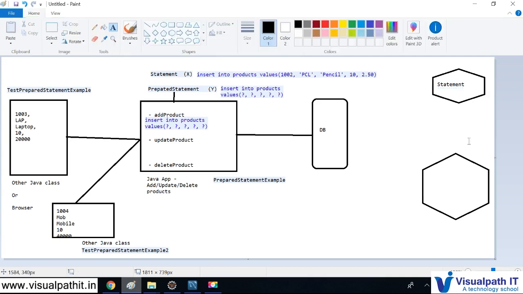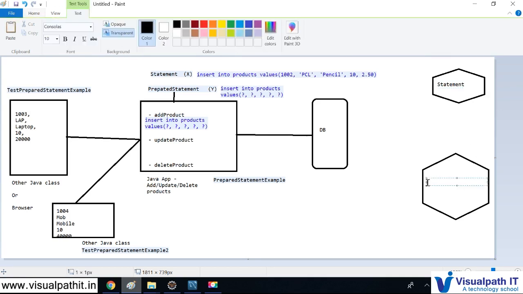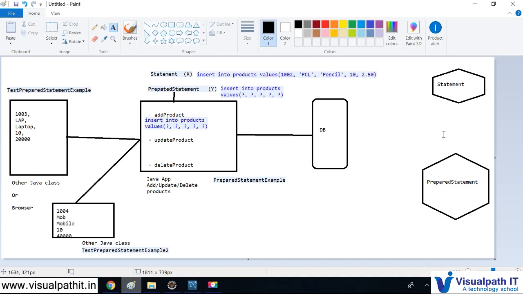So we have a statement object and a prepared statement object. So we have both types of objects. What happens in the database, whenever you're performing a statement object operation, if you're doing an insert or delete or any update queries, or with the prepared statement,